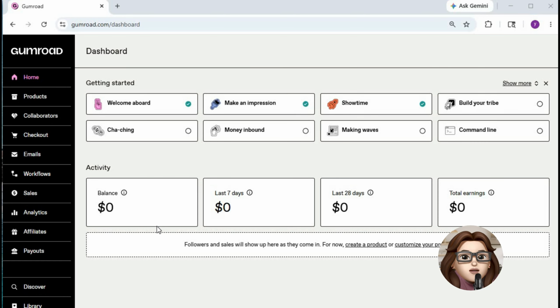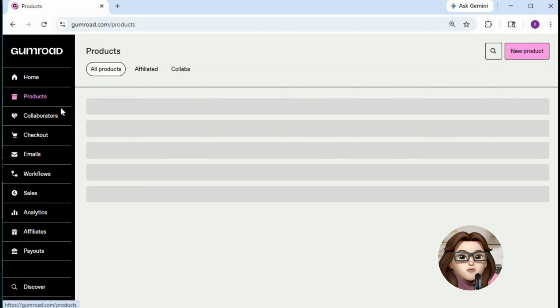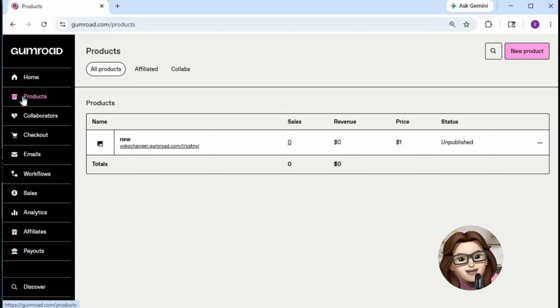In this tutorial, I'm going to show you how to create a subscription product on Gumroad. First, open your browser and go to Gumroad. Then sign into your account so you can access your dashboard. After logging in, go to the Products section in the left sidebar and click New Product in the top right